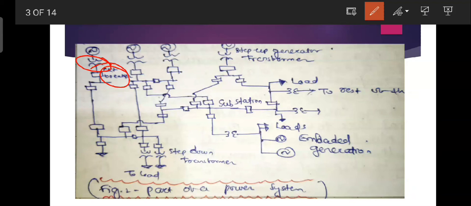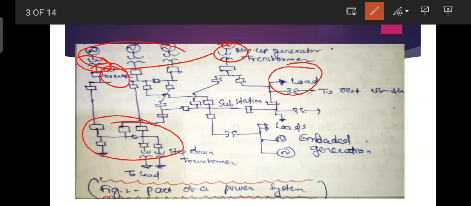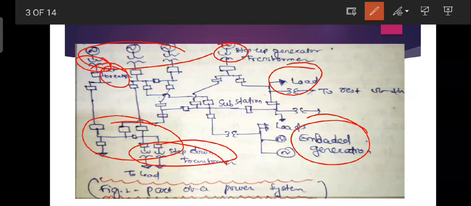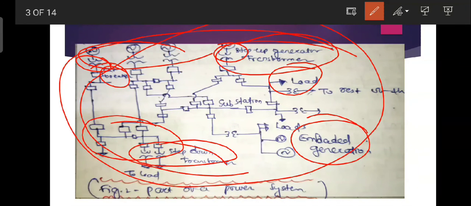Okay, so all the circuit breakers are connected here, and all these generators are interconnected with each other. There is a load, and there is an embedded generator, and another generator will be connected to this. These are the step-down transformers, these are the step-up transformers. Okay, all these things are clear to you. Those are the transmission system, and those are the bus bars. Okay, so next we go to what an interconnected system is.